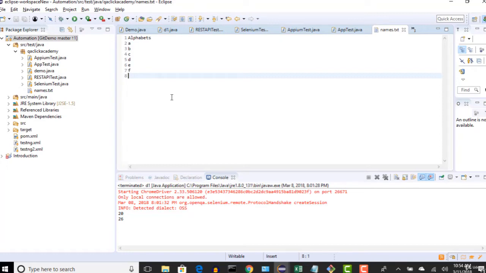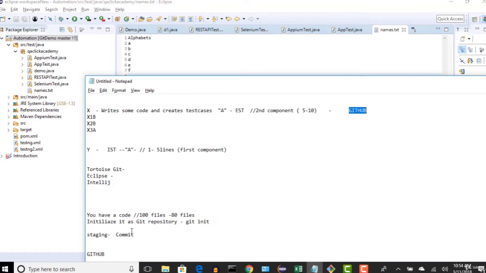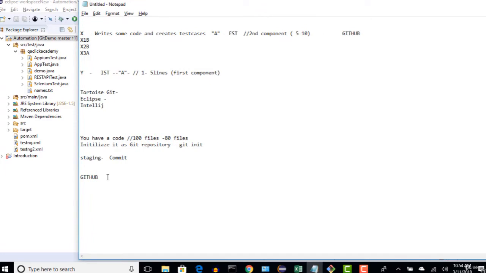So what happened here when the develop 2 guy is working at his end? I'll explain the scenario for better understanding. X is a person working on the master branch file.